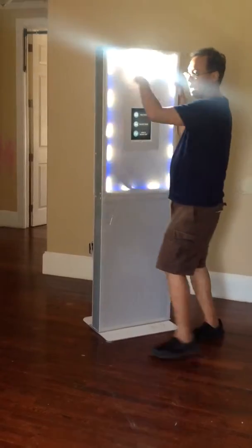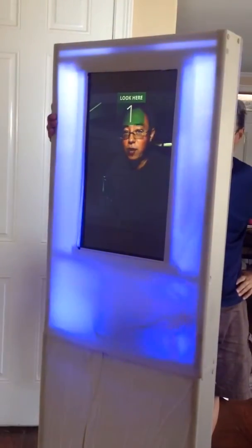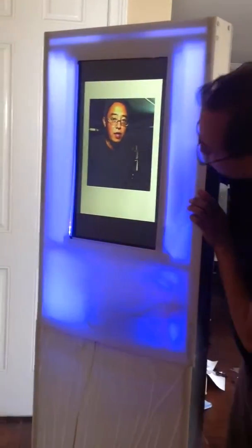And if you have the camera person walk around the back, this is the other cool feature about this kiosk: it has a slide mirror of the front of the photo booth. So when people are taking photos in the front of the photo booth, like if I'm taking a session right here, everyone that's waiting online can see what's going on with the booth and have fun by watching that activity going on. So it's really fun because you can do the virtual props and stuff like this with this particular